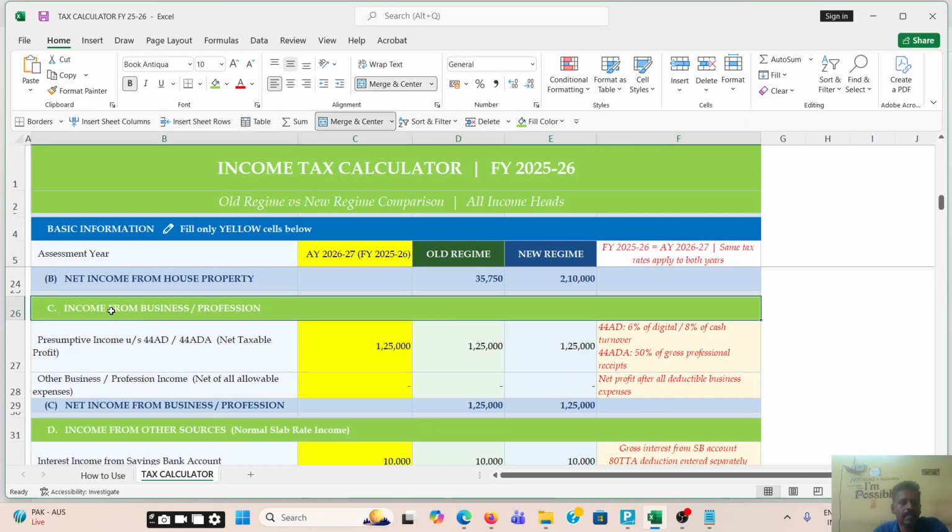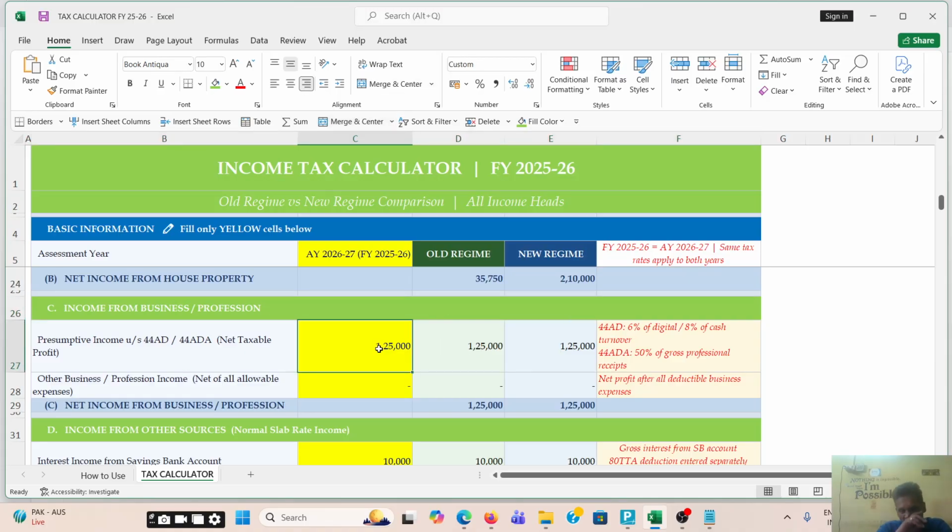After that, you can see income from business or profession. If you are an individual but you are not receiving any income from salary, but you have an income from business, you can also find out the best regime using this tool. So if you have an income from business, you can enter the value. Here it is mentioned presumptive income.